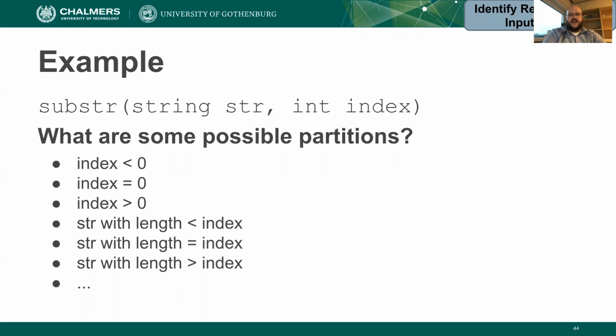Try something that's negative, because that should maybe give you nothing back, right? Try something that's zero, that boundary point. Try something positive. Have a string with a length less than the index or greater than the index or equal to the index, right? Those are just some things that might come immediately to mind. And these hint at some strategies for how you can divide up this input space,